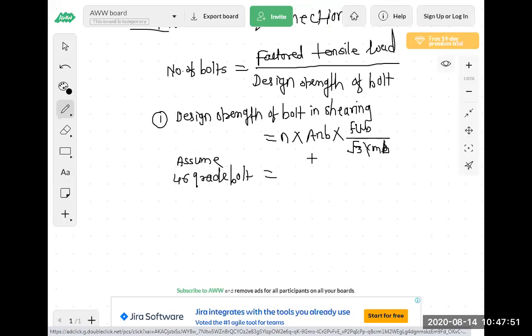Now here n is the number of shear planes. They have told us the gusset plate is there and one angle section is connected to this gusset plate by bolt. Unequal angle section we have to design like this. They have told us in the problem statement. How many shear planes are there here? 1. All should answer.